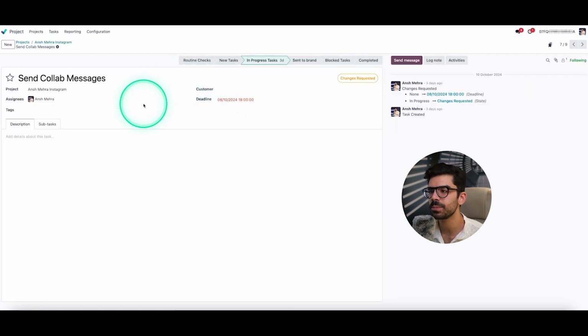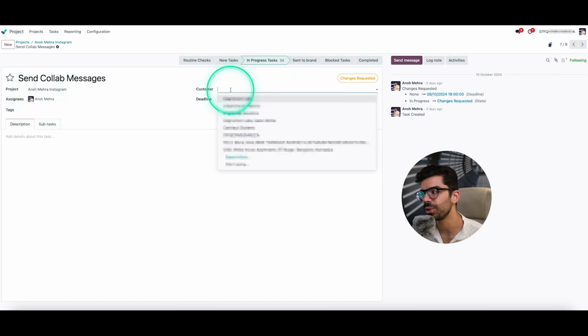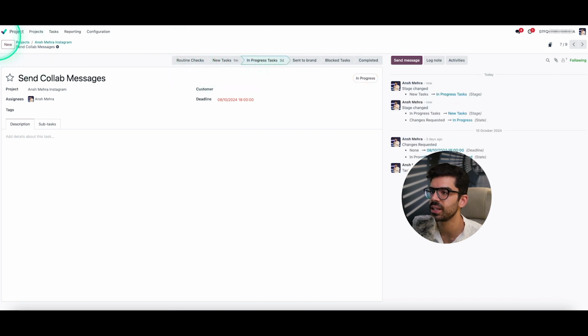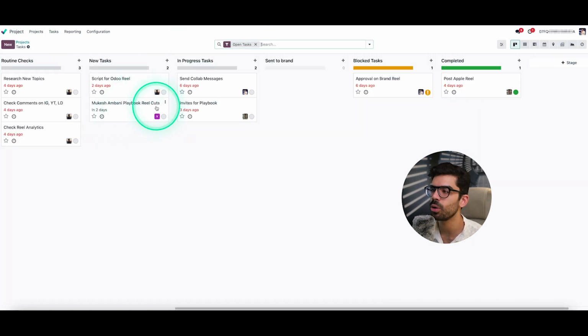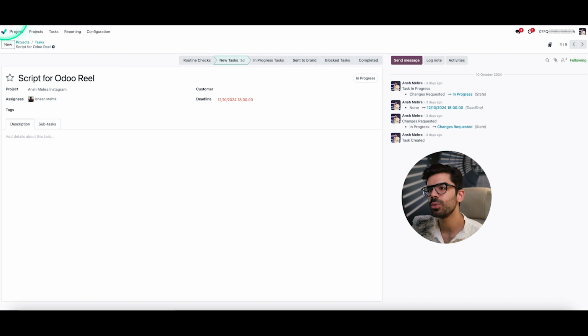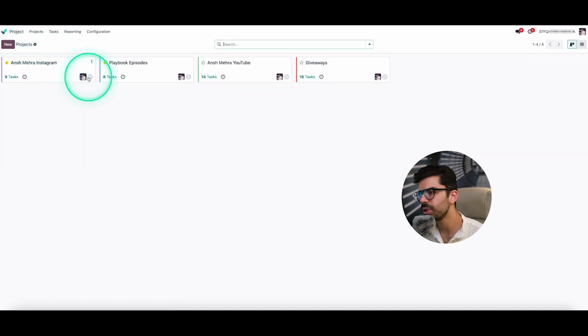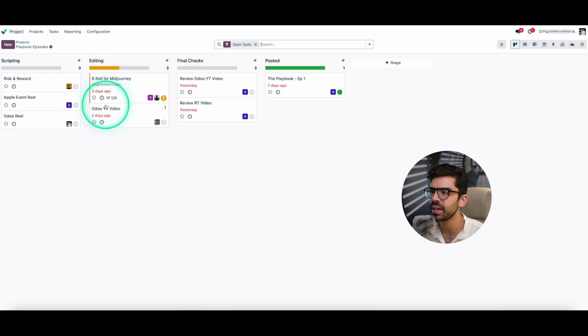And once I select a specific task, you can see that there is a specific person assigned to that task, right? If there's a specific customer, you can add that customer as well, and you can change the state from right here itself. So once I go back, you can see that all of your tasks are neatly combined. So what happens is that when you have a team of say 4 or 5 people, you can quickly take an overview of what is happening, what are the blocked areas, who is working on what.